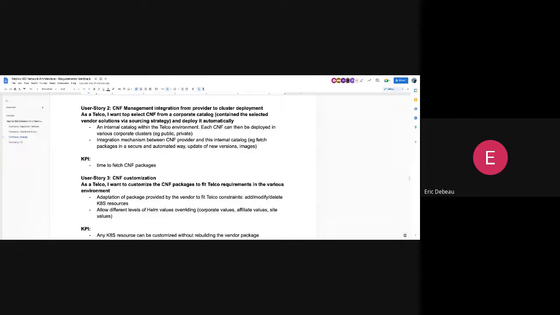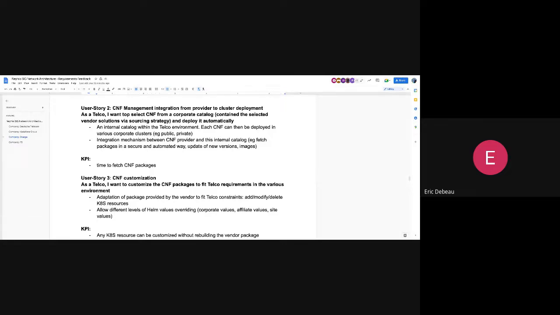Then what we would like to have is the capability to modify this package, to get the package from the vendors in a secure way and with the right process, and update them and so on. So it's much more about how we fetch all the CNF artifact packages from the vendors and put them in our local environment.